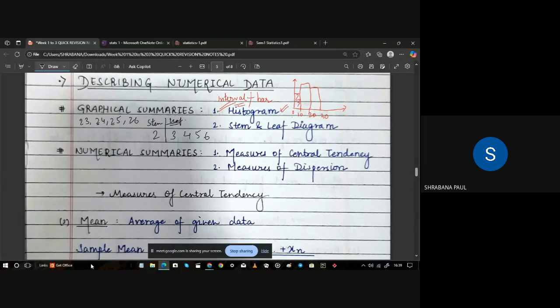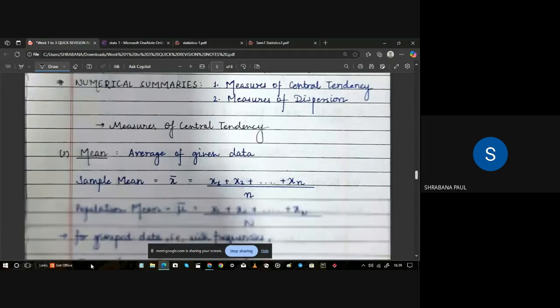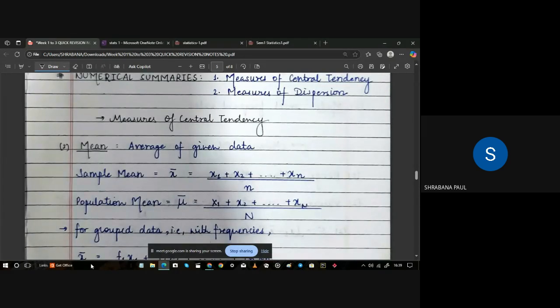I give you a question from this part. If given data in this stem leaf format, they will ask you to find the mode. They will ask you to find the median. You have to be prepared. Just for example, I give you a question. I'm writing here, I'm not having space. So a question to everyone: